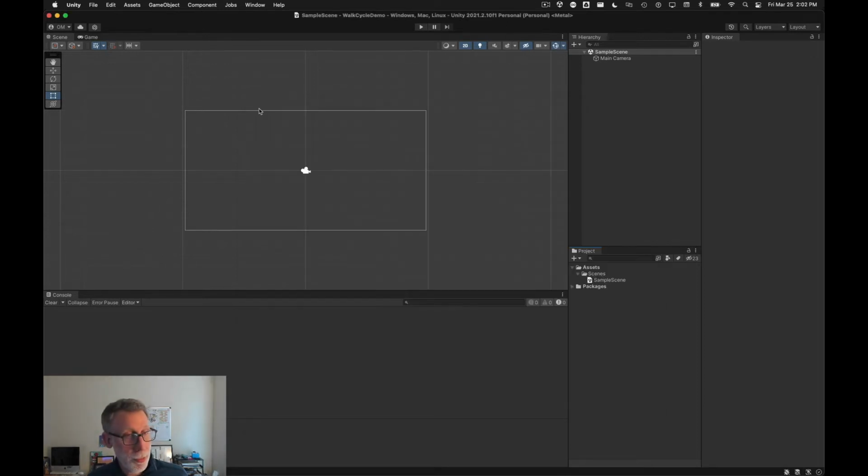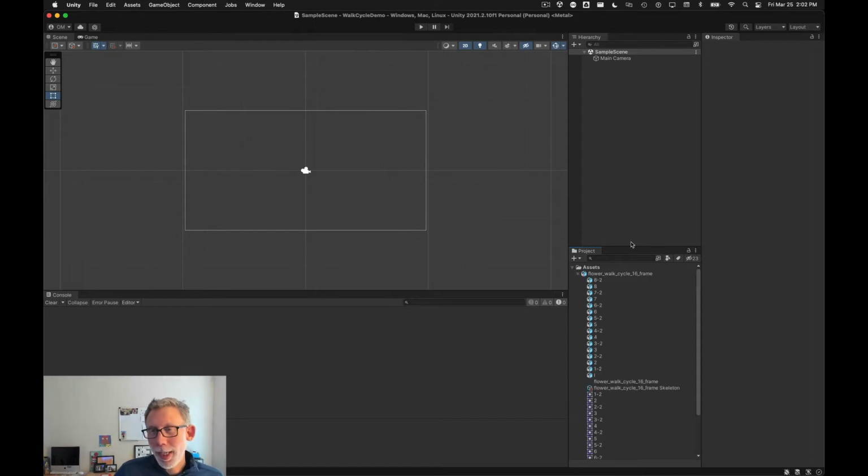So now we have the 2D importer, the PSD importer, PSD Photoshop document. Even though you make a PSB out of your PSD to use the PSD importer, it's still a PSB file that you drag into your assets. So here's the file that Joel made, and when it comes in,